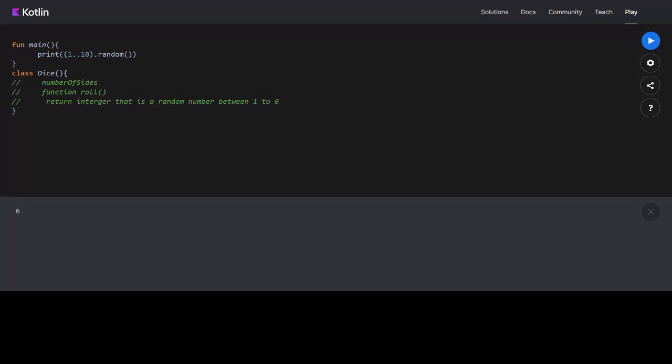Now write the same class. Number of sides can be public. You have to take number of sides in the constructor of Dice. While creating the object, you should also pass the number of sides with it.